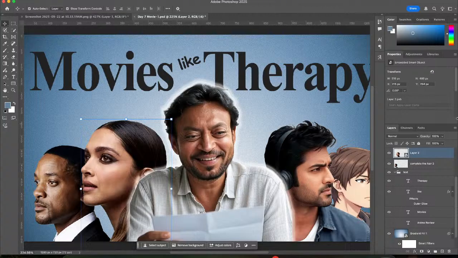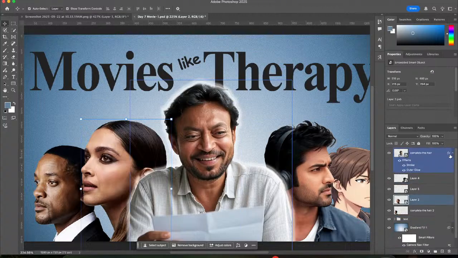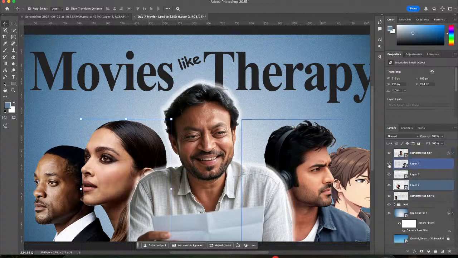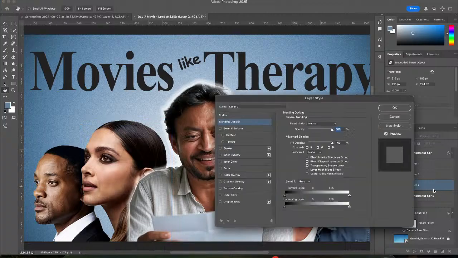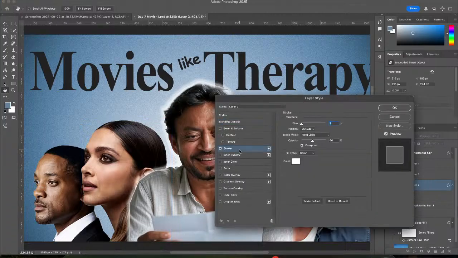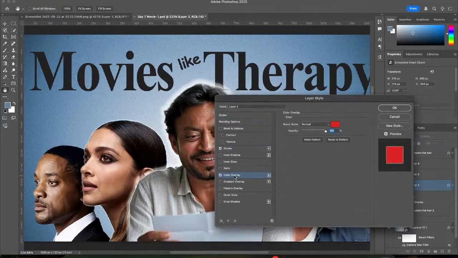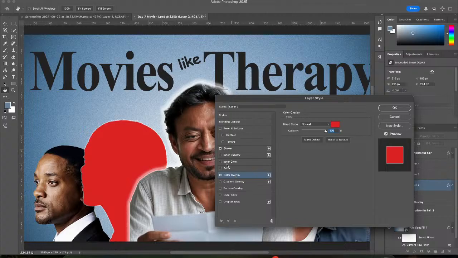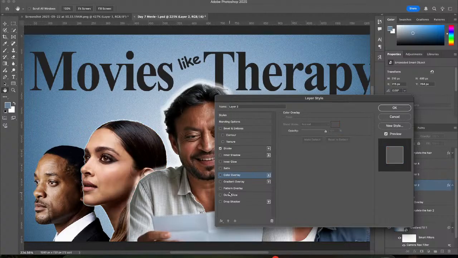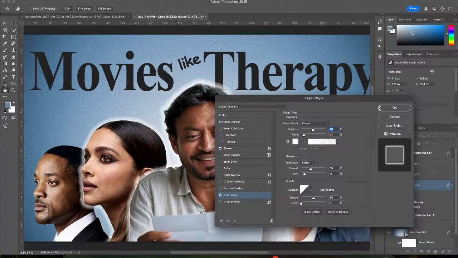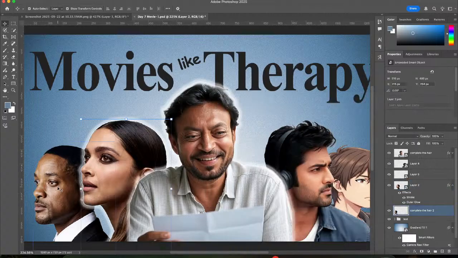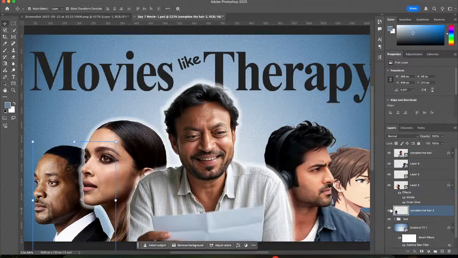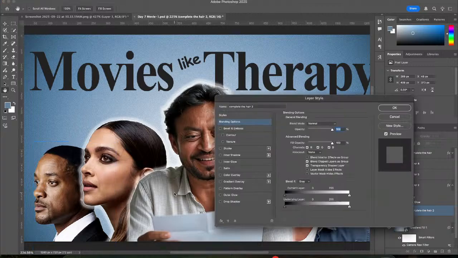Okay, so our outer glow is added. Same we are going to add in our Deepika Padukone image. Stroke and outer glow, not color overlay, outer glow. Same to Smith. I think in the Smith image,